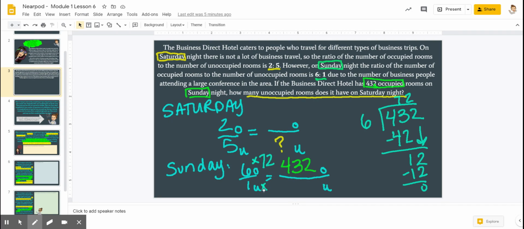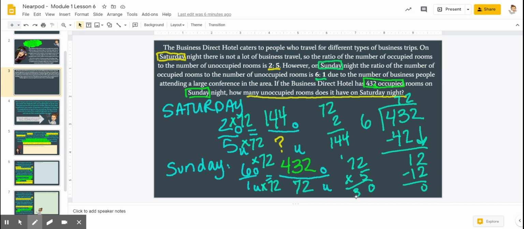Now, to create that equivalent ratio, I'm going to do the same thing here. 1 times 72 is 72. And then because this is still equivalent, we have 7 on this side and 7 over here. We can go ahead and multiply through for both. 72 times 2 is 144. So we're going to put 144 here. And then 72 times 5